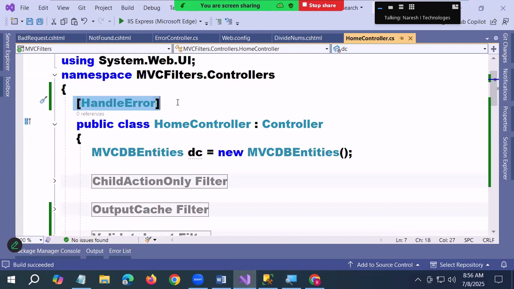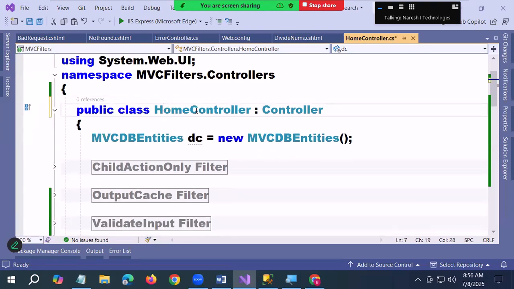I have 20 controllers in my project. In every controller, this handle error is very important now. But I should write it on the top of every controller. Suppose 20 controllers are there, how many times should I write? 20 times. Without that, you can apply it globally so that it applies to all the controllers. How to apply this globally? Watch. That should be done by using